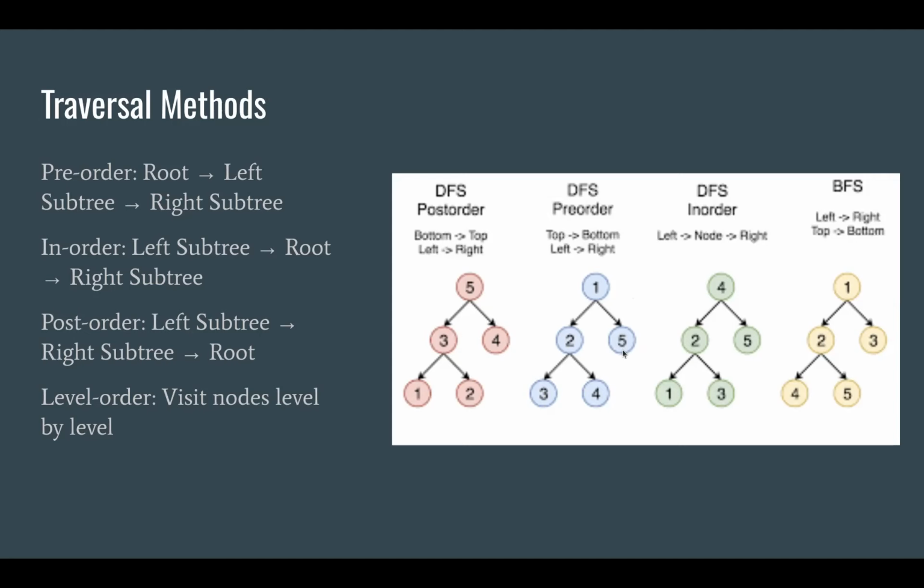For in-order traversal, what happens is we traverse the left subtree first, then visit the root, and finally the right subtree. And this method is particularly useful in binary search trees for retrieving sorted data. So we will start from here. Instead of visiting root, we will